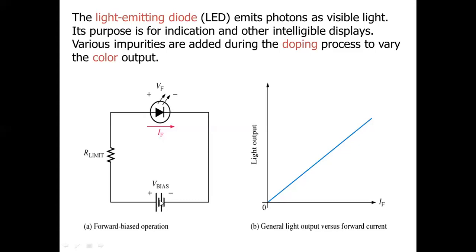So here the battery supply is there. The battery's positive is connected to the P region, to the anode here. Now through one resistance we have used here. Why have we used this resistance? Anyone can tell me? To limit the current here. I equal to V by R.